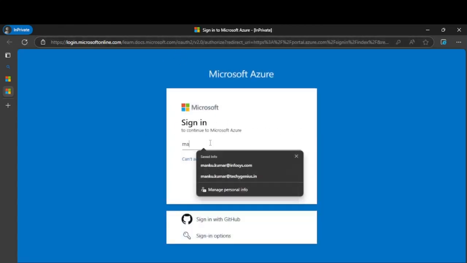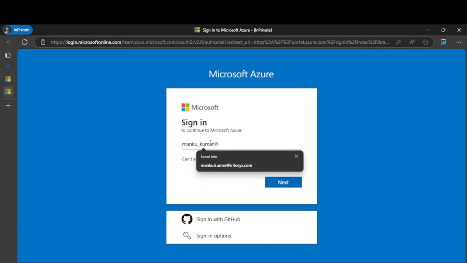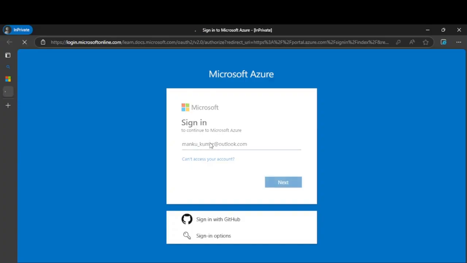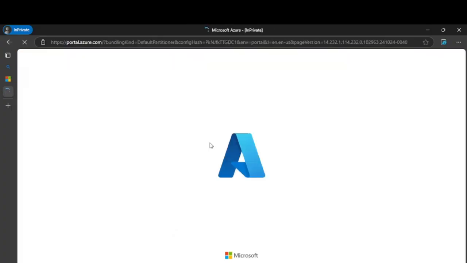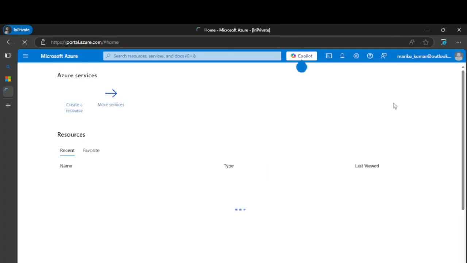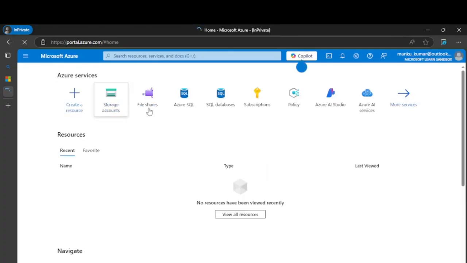Just type your account here. Once it got activated, you now have access to the Azure portal.